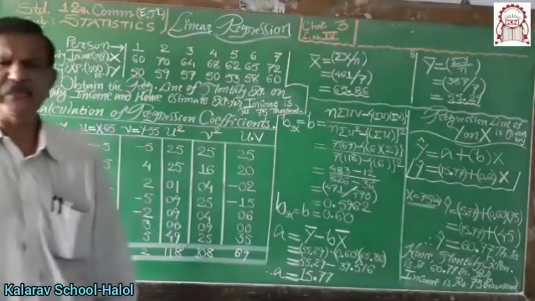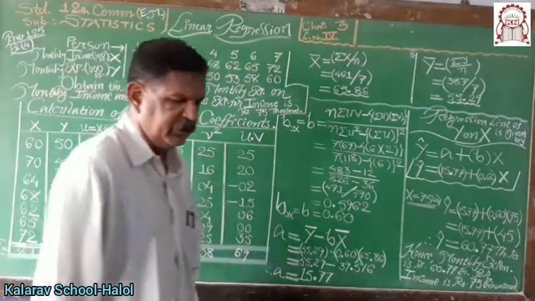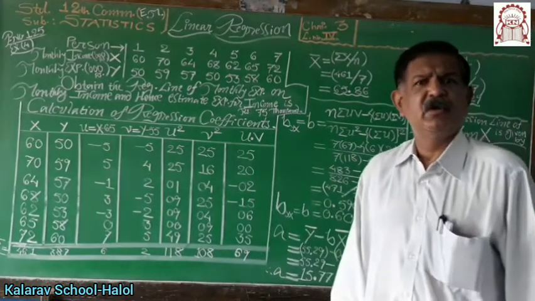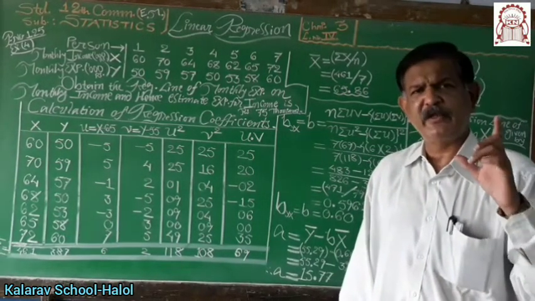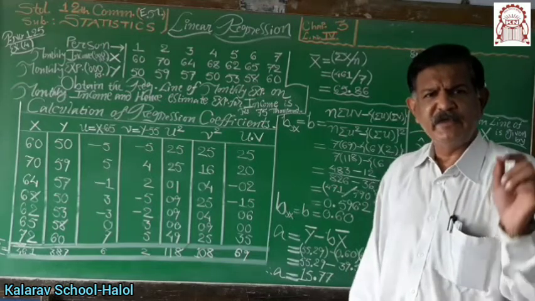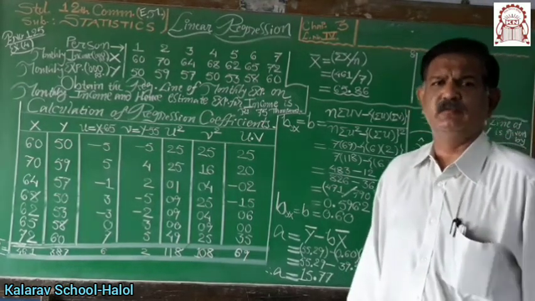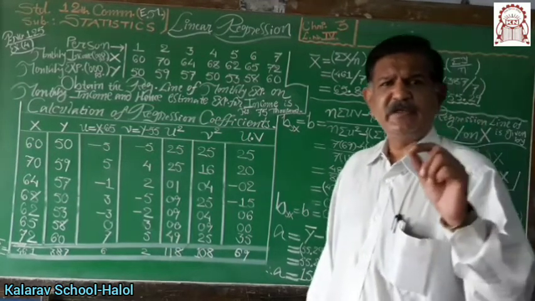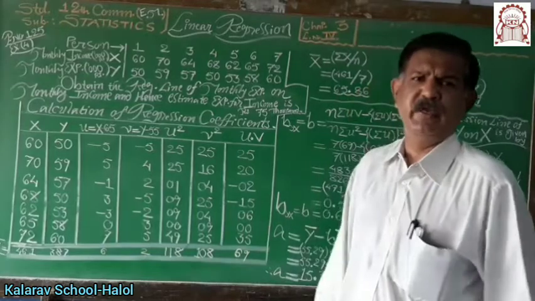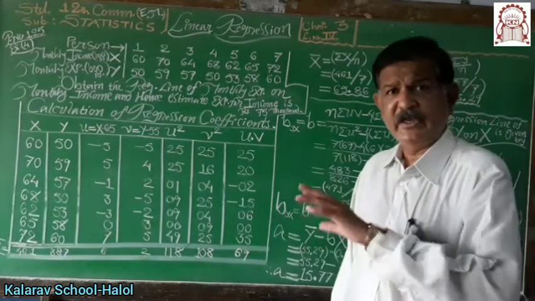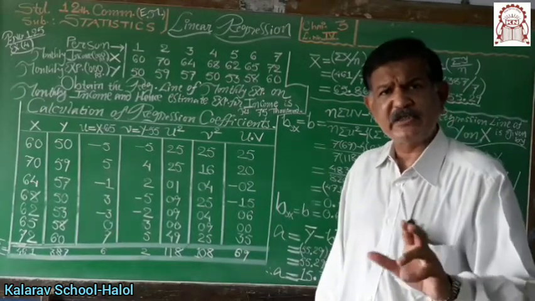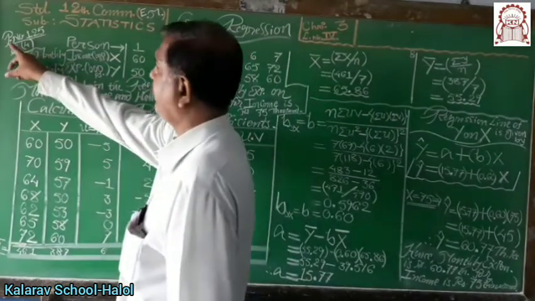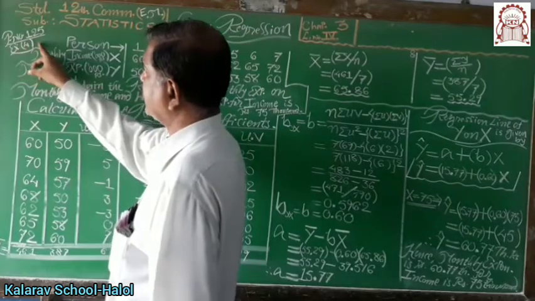Chapter number 3, that is linear regression, in which last time we discussed the first method, a practical example in which x bar and y bar are both integer values. The second time, we discussed a case where the values of x and y variates are small. In this lecture, we are going to see the UV method. In our textbook, page number 125, illustration, that is example number 4.